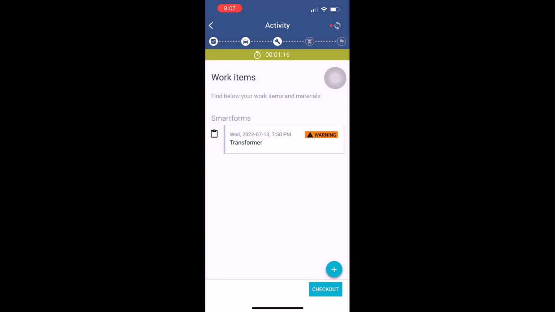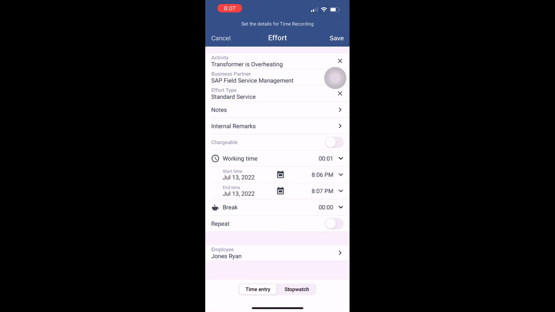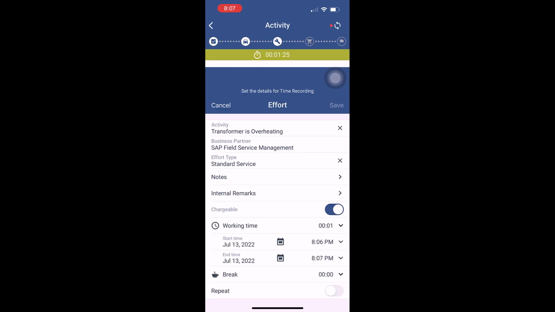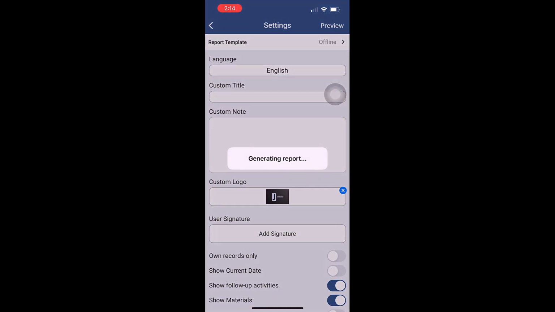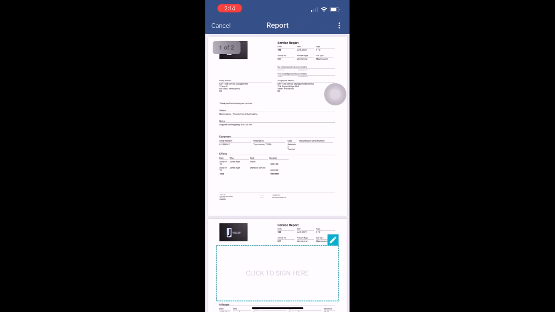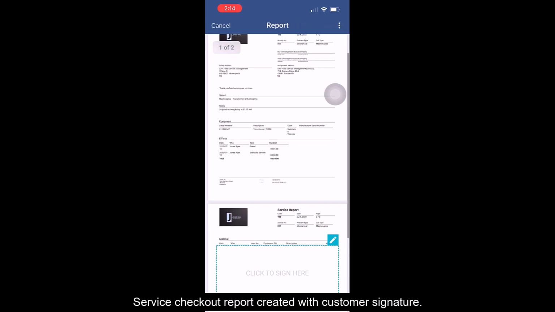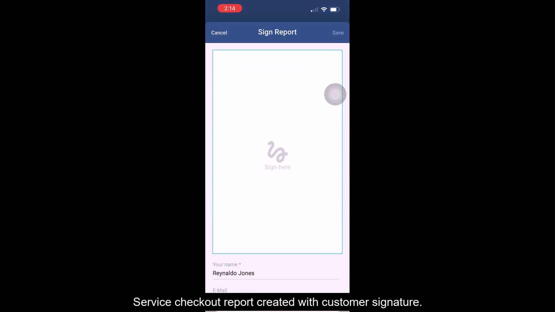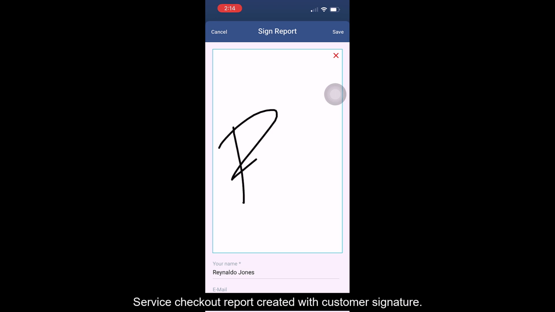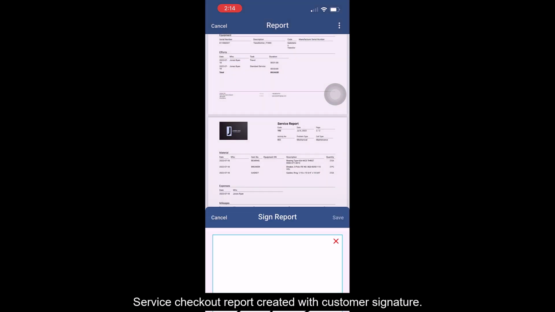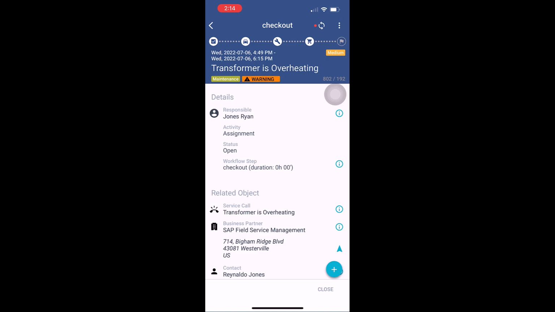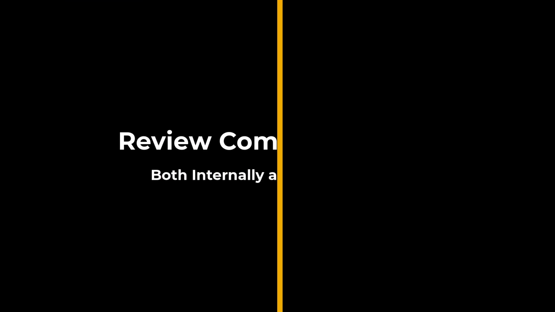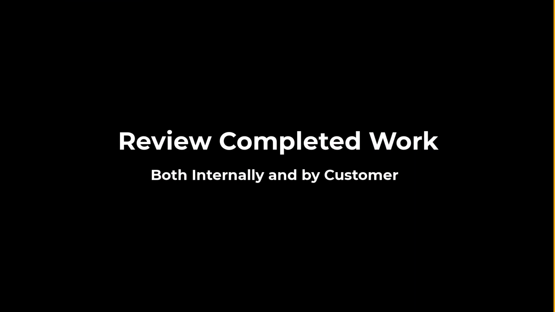From here, furthermore, I could go in and do things like add defect codes, etc. But in this case, I'll say that everything's okay and go in and confirm my efforts. Like last time, we're going to mark this as chargeable and charge this directly to the customer. Upon completing the work, a service report is automatically generated. This has things like the hours worked, the materials that have been consumed, and also here on this report, we're going to ask for a customer signature. So we grab the customer signature here, I confirm that, and now we're ready to go back and review the